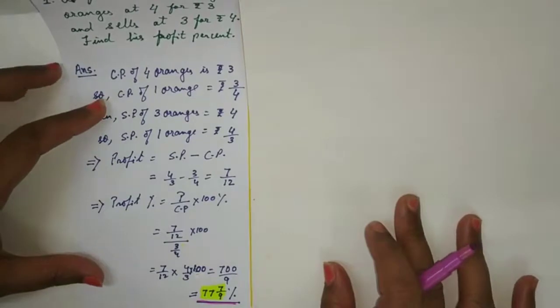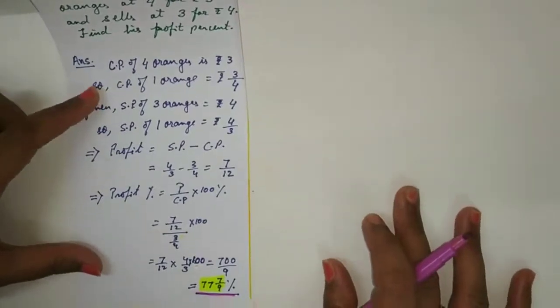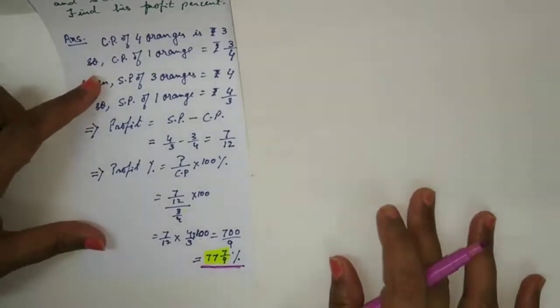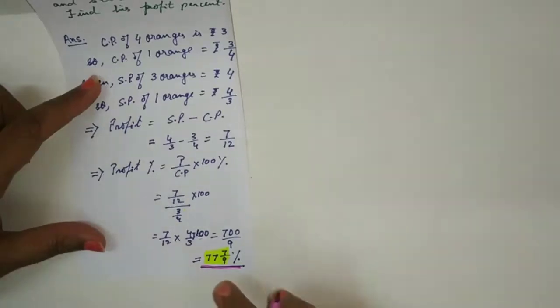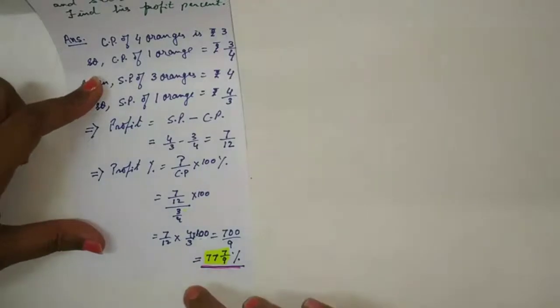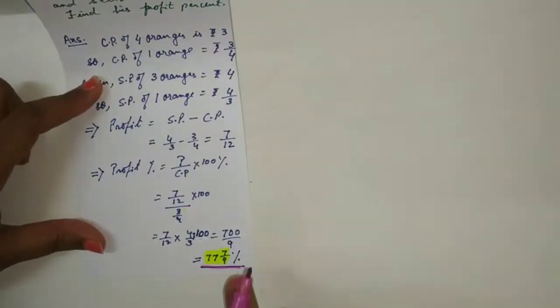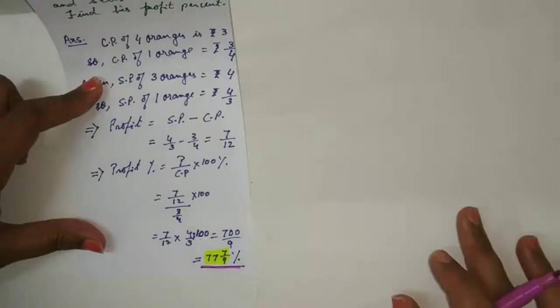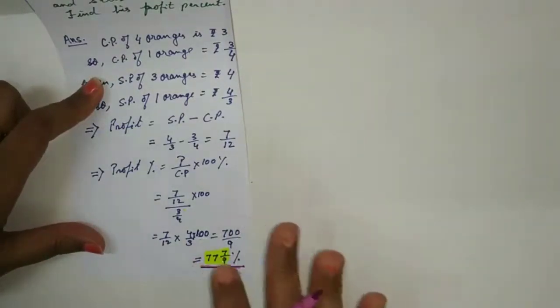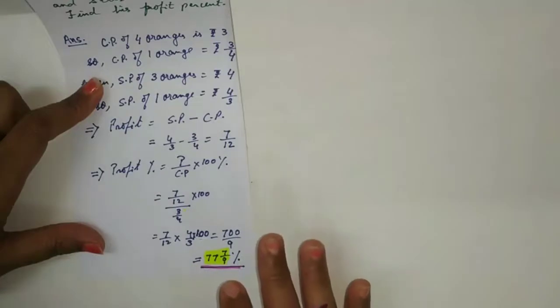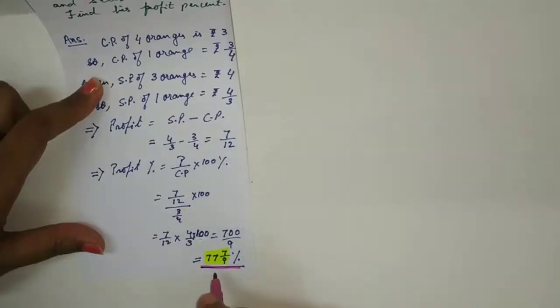I have not solved the multiplication and division part for you because I am sure each one of you is now able to simplify correctly and write the answer. If you don't get the exact answer, leave it in the mixed form. If it is possible to give in the decimal, go by it, but even this form is correct.